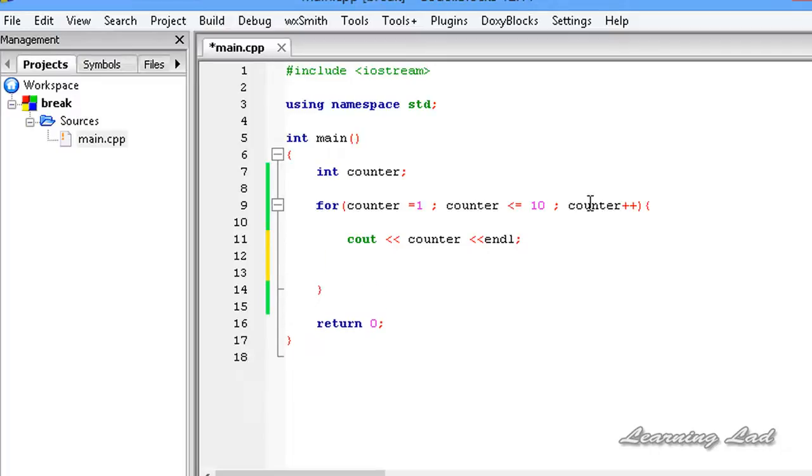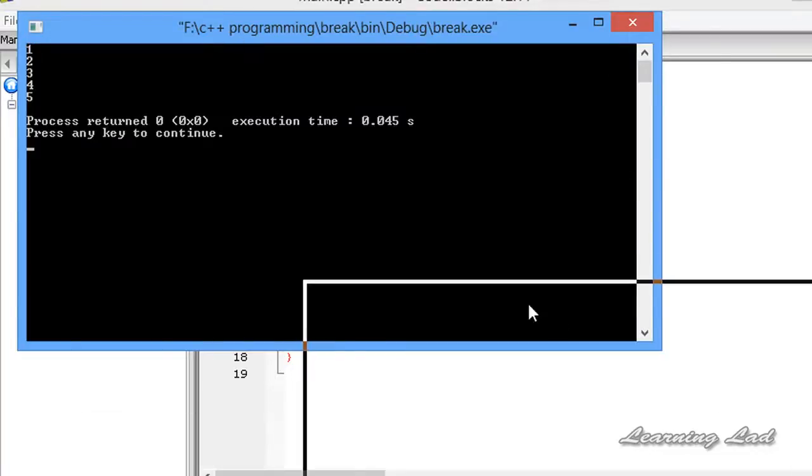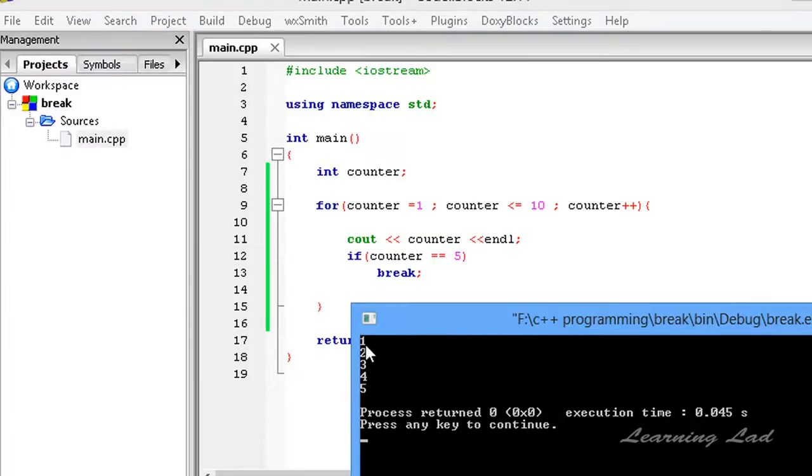Now let's say for some reason you want to terminate this loop when the counter value becomes 5. At that time we can use the break statement. So I'm going to use if counter equal to 5, break this loop. Now I'm going to save this, build and run this, and you can see here 1 2 3